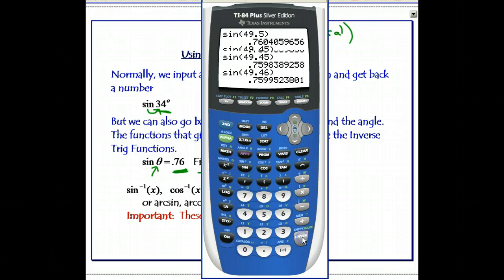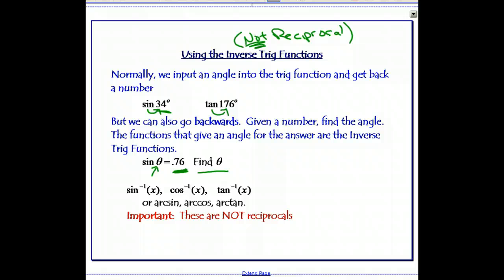What's that give us? Oh, look at that. Even closer, 0.7599. You might be thinking, wow, this is fun. Or you might be thinking, there's got to be a better way than guess and check. And it turns out there is a much better way than guess and check, and these are called the inverse